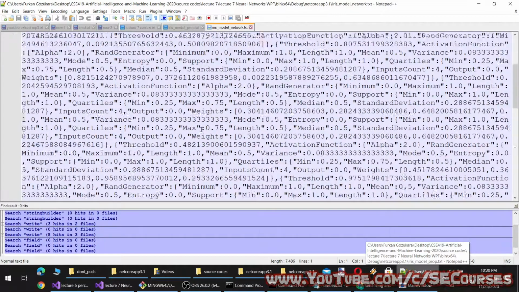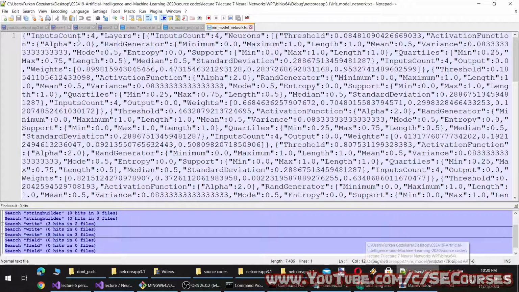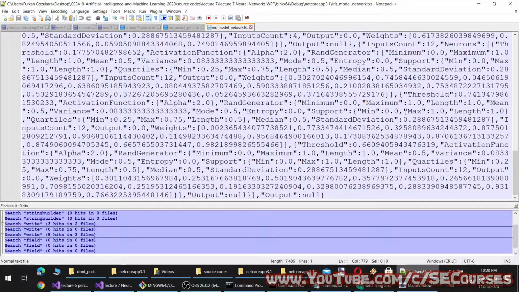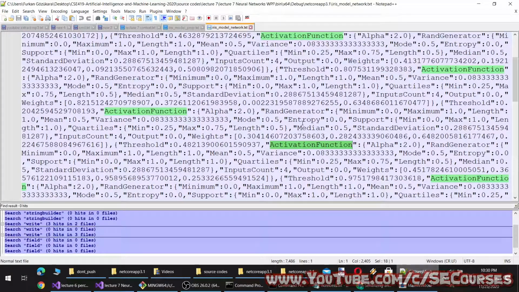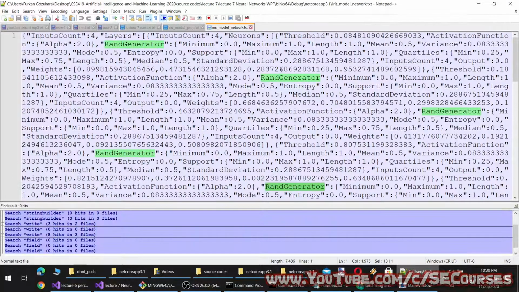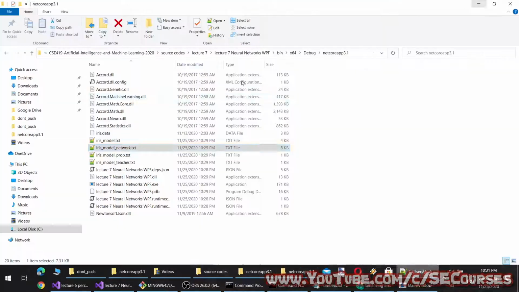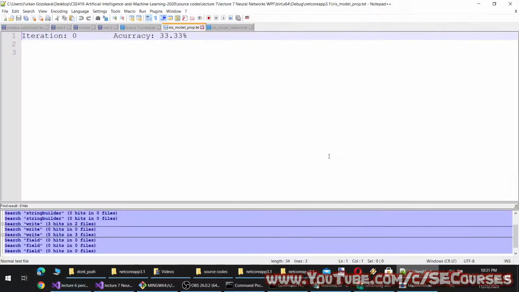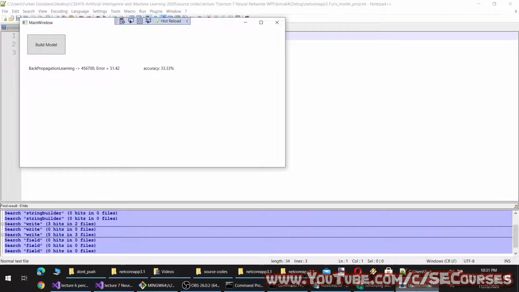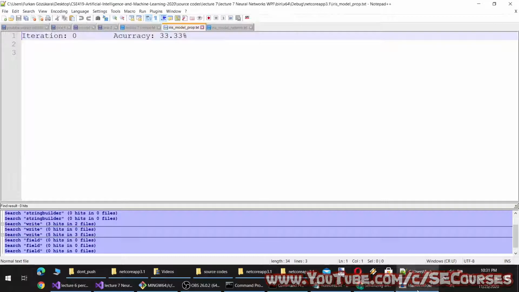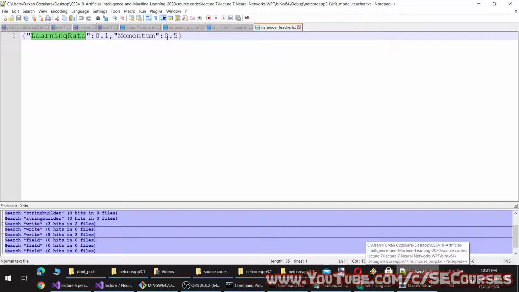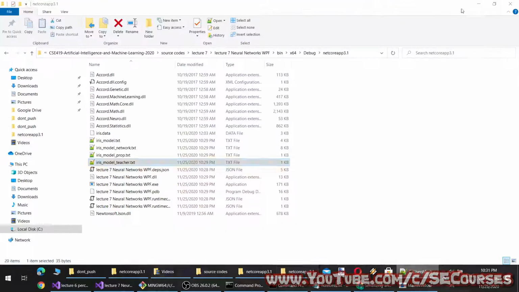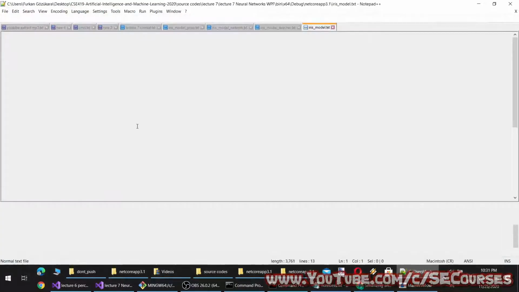This is the network, by the way, as you can see. Input count. This is the network object, saved. So the network object has all of these inside: which activation function, alpha, random generator, and such. There are properties, still the same. And this is the teacher, so learning rate, momentum. And there is the model.